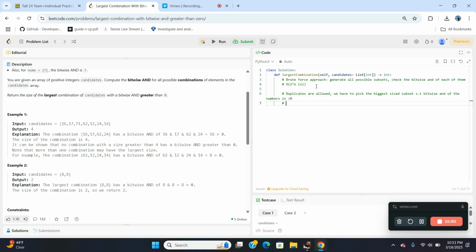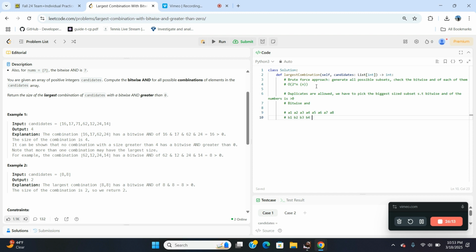So first of all, what makes an array have a bitwise and of greater than 0? Let's see. So to have a bitwise and, say we have some array of elements, right? If we consider a very small example, 8-bit numbers, we have A1, A2, A3, A4, A5, A6, A7, A8, and say B1, B2, B3, B4, B5, B6, B7, B8,